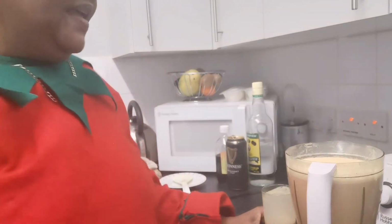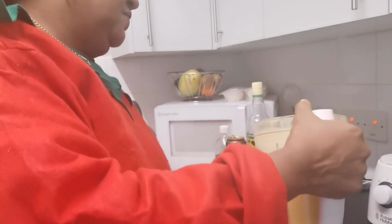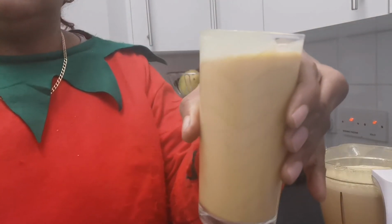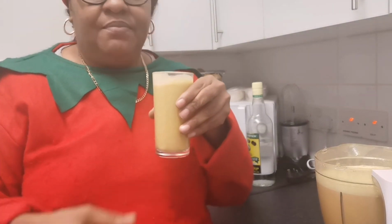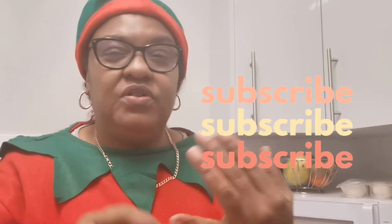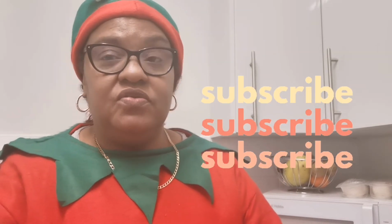Now that it's all blended, I'll be pouring myself a glass and I'll show you what it looks like. Very delicious. So once this is done, you put it in your fridge for it to get chilled. But I'll be having a glass now. This is divine, divine. Please be reminded, you do not have to use Guinness. You can use Dragon Stout instead if you've got it, and you do not have to use peanut punch. You can use an eggnog, or instead of any alcohol, you can use Malta and sweeten to taste with your